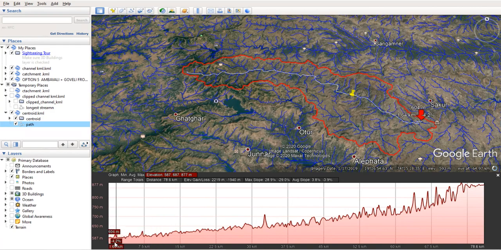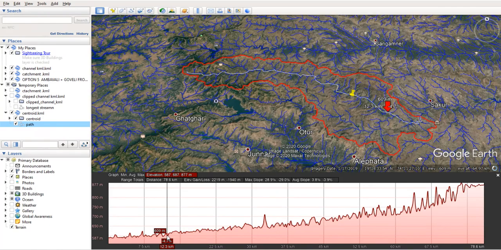It starts from a level of about 589 or 591 meters. Then we take a 20 meter interval, which I think is sufficient. The first point at 0 is 589, then I take 610. The 610 level comes at 12.2 kilometers.